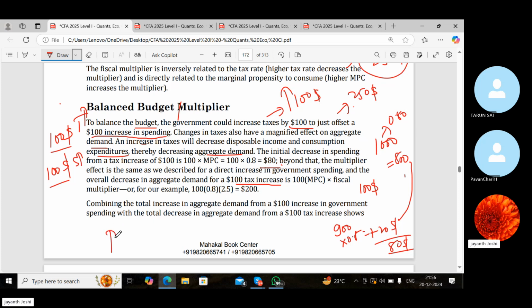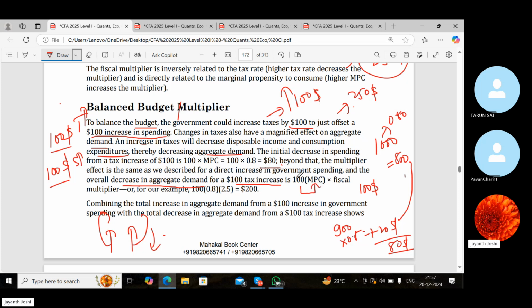Government is increasing the spending, and the overall decrease in aggregate demand, and government is increasing the taxes. So they are increasing the spending, which will increase the demand. They are increasing the taxes which is decreasing the demand. And the overall decrease in aggregate demand for a $100 tax increase is